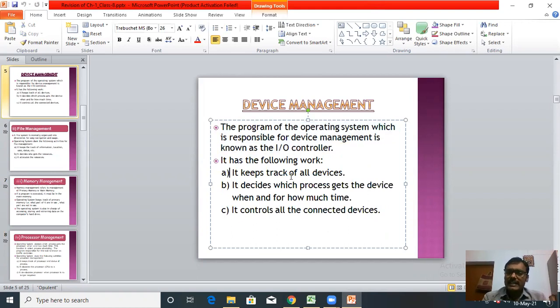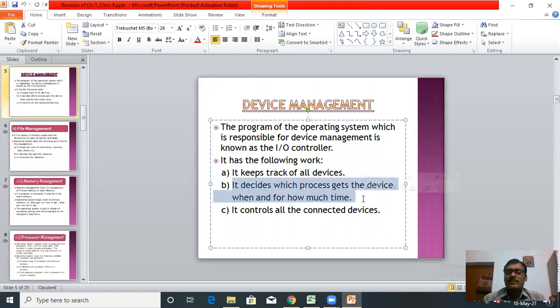First, it keeps track of all the devices attached to your computer, which means it keeps a record of those devices. Second, it decides which process gets the device, when, and for how much time.